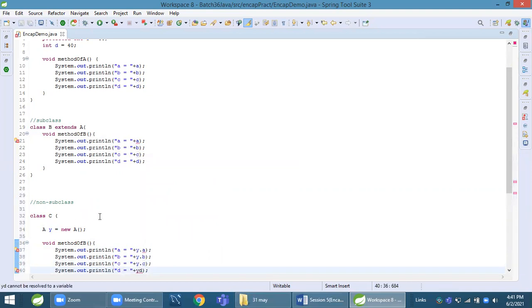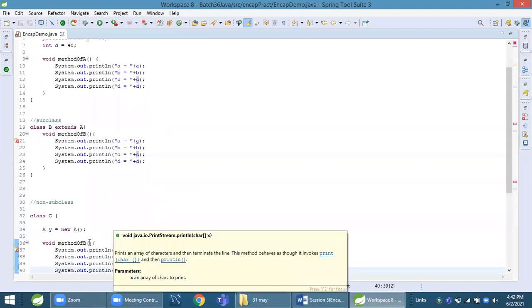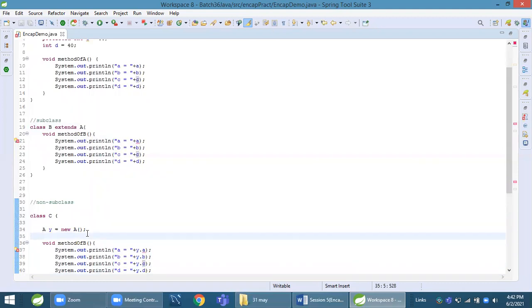Here also you can see everyone is accessible except A. Private members are not accessible outside class, but public, protected, default members, these are accessible within package. No problem. All right. Any doubt in this? I'm not executing because at the time of writing itself, it is showing which one is allowed and which one is not. Okay. Yeah. So any doubt in this? No. Okay, fine.